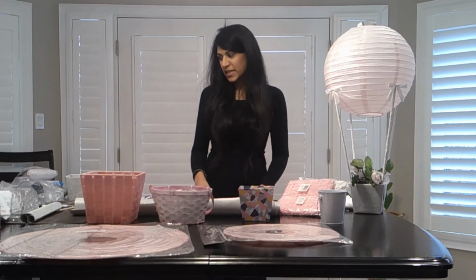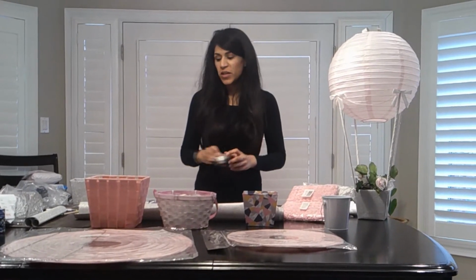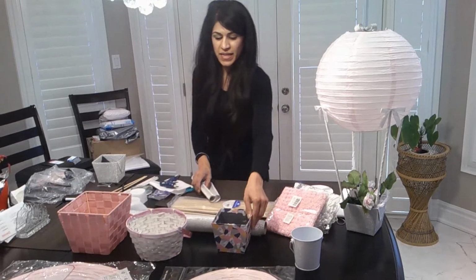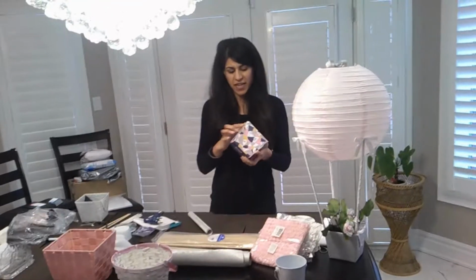So you will definitely be needing some Scotch tape to really bring to life your hot air balloon. So with no further ado, let's get started on the base. So for my base, as I had mentioned, I'm using this cardboard storage box, and it had some ribbons here